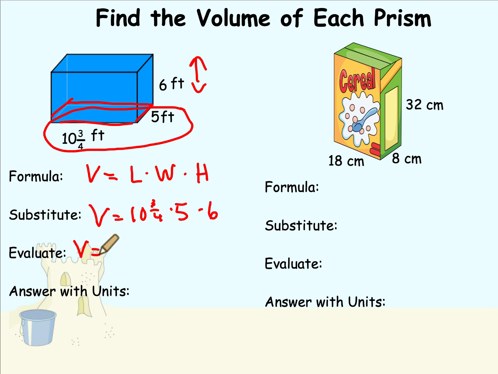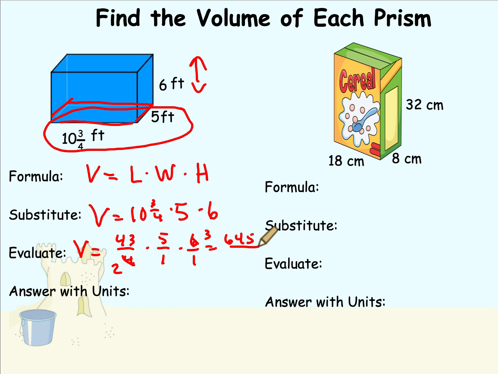So first I'm going to take my mixed number and make it into an improper fraction. 10 times 4 plus 3 would be 43 over 4 times 5 over 1 times 6 over 1. I'm going to simplify, and you could use a calculator instead for this. And there are some calculators on Google Classroom links for you. So I have 43 times 5 times 3 after I simplified,